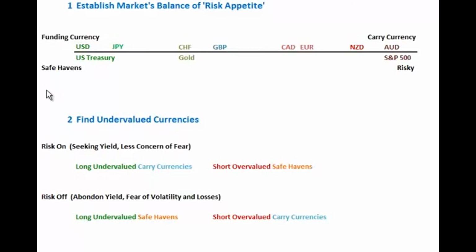First we have to establish whether we have a market that is risk on, seeking yield and less concerned about volatility and the fear therein, or risk off, where people avoid yield because their concern is to find safety. If we are looking at risk on, we want to find undervalued carry currencies. So we want to find undervalued high-yield currencies to go long, and we want to short overvalued safe havens. Risk off, you want to go long undervalued safe